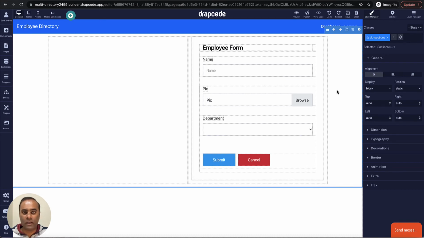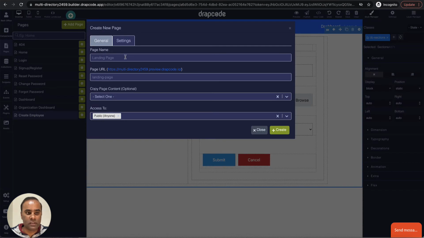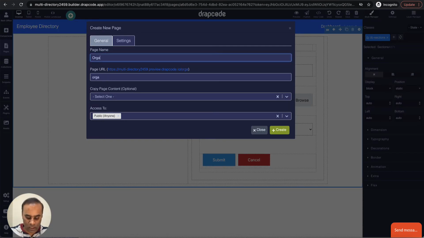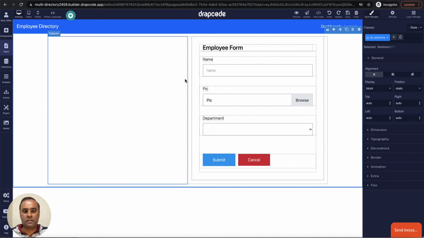Now we will build the organization sign up and login flow. Okay. So first of all, we need an organization sign up. So what we'll do, we'll create a couple of forms where people can create their organization. Okay. So I'll go to the pages and add few pages. So let's say first page is organization sign up. It is accessible to public because anyone can create their organization, which is fine. After organization sign up, I want them to create one account manager or one organization manager so that that person can log in and access the dashboard.